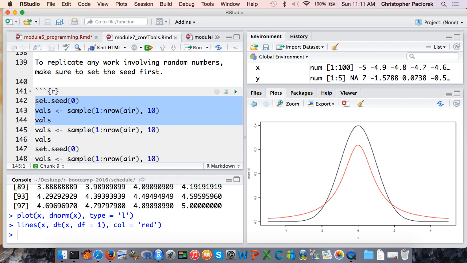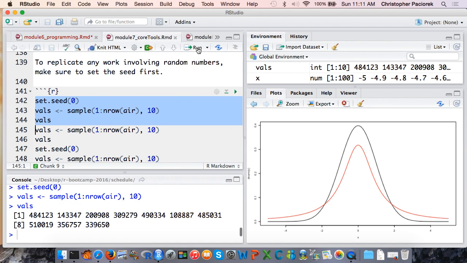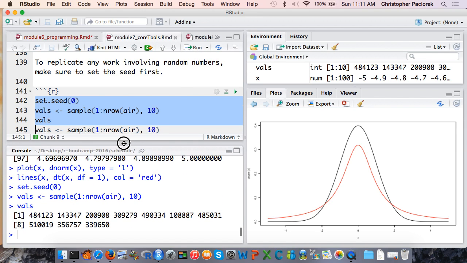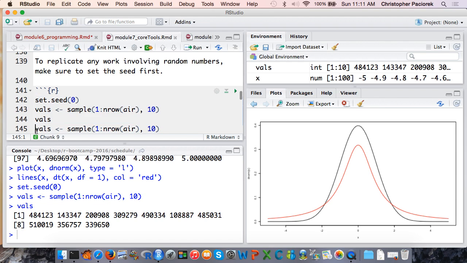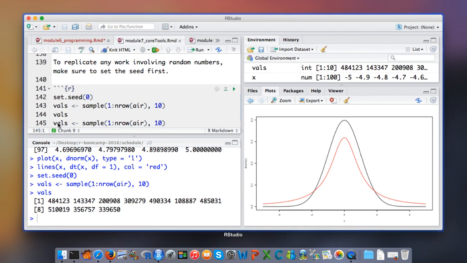And here I'm going to sample 10 values from indices corresponding to the number of observations in the airline data set. So you can see these are the random indices that I've selected corresponding to the rows of the airline data set. And now if I sample another 10,